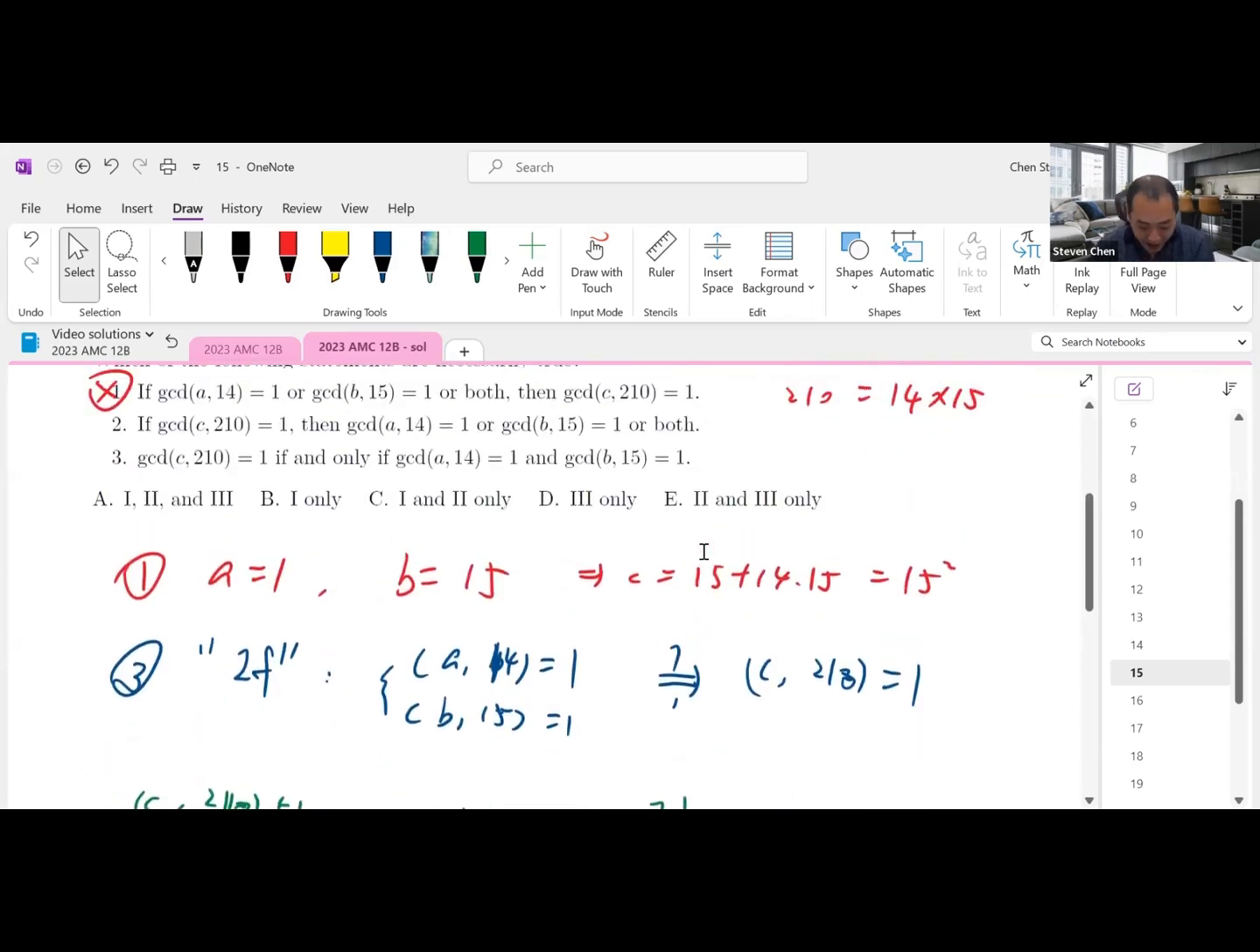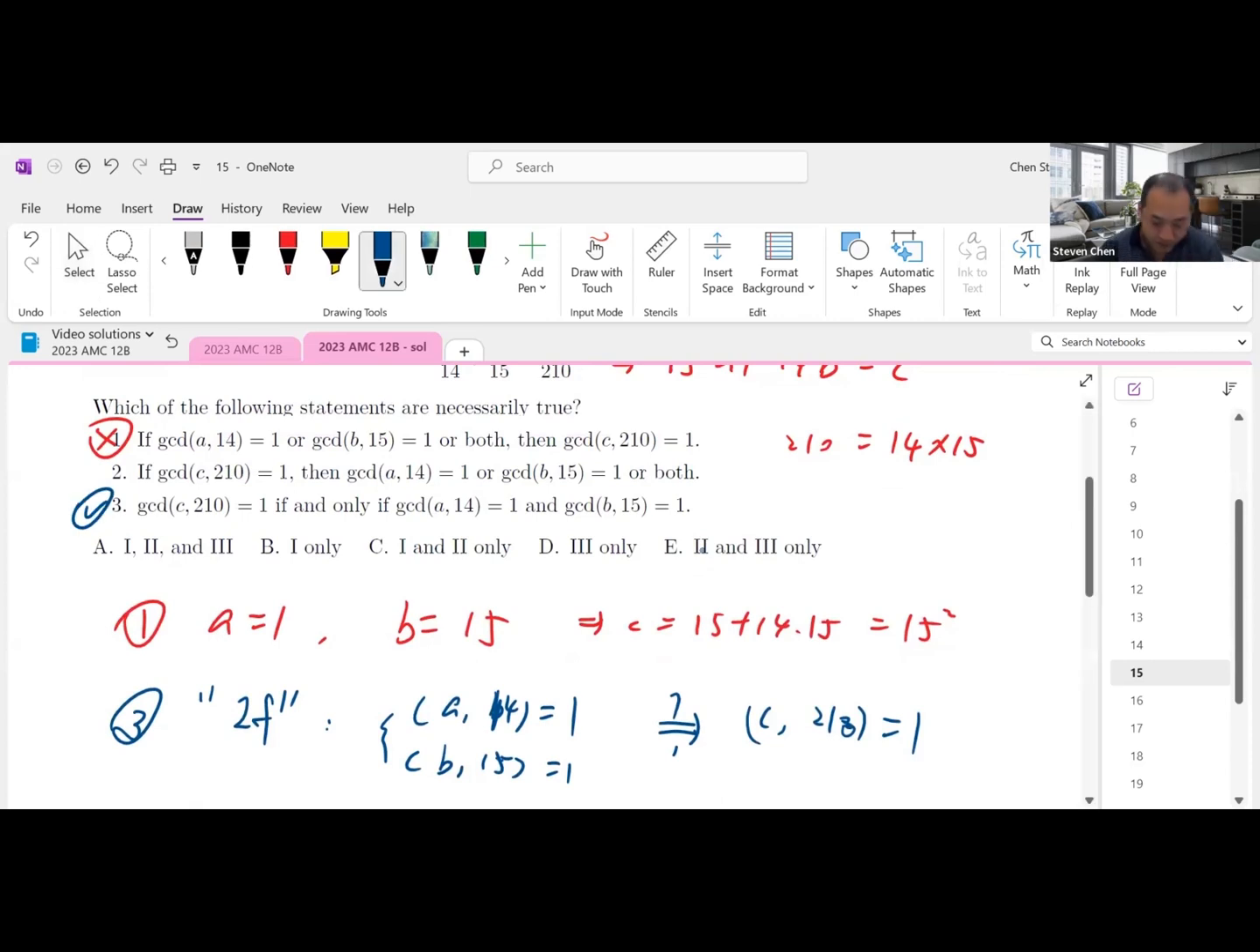So the above analysis shows that statement 3 is correct. As I said earlier, statement 2 is a special case of the only if part of statement 3. So this guarantees statement 2 to be also correct. Therefore, the answer to this question is